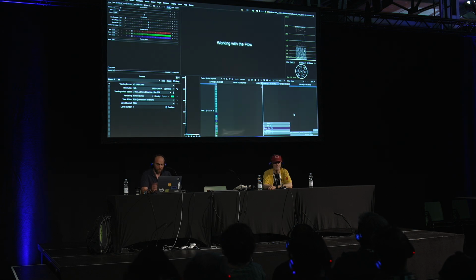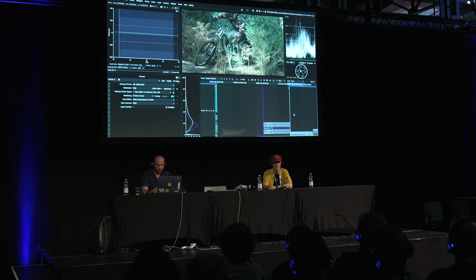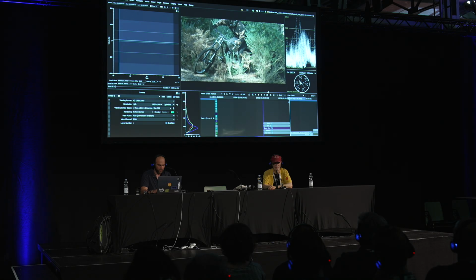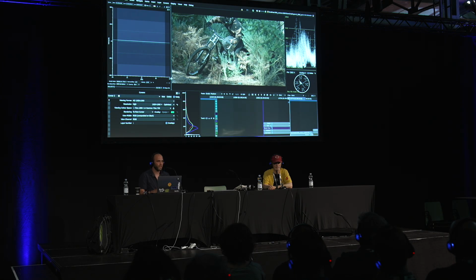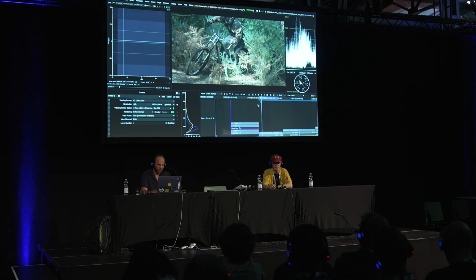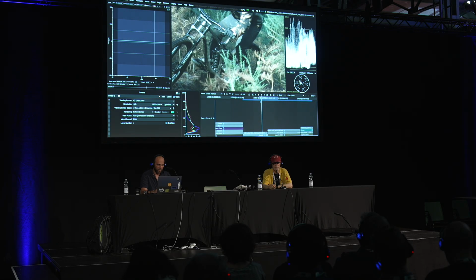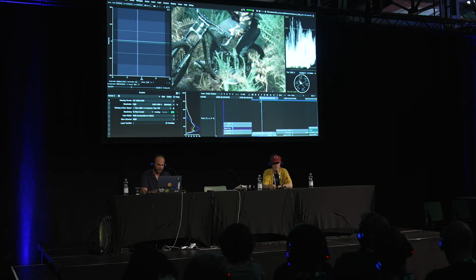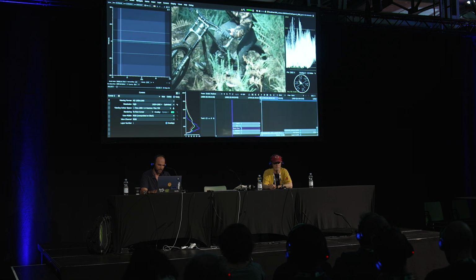Okay, a few other things to look at. One is optical flow enhancement. So this is another computer vision algorithm. Optical flow is trying to find where the same pixel is in the next frame. And with optical flow, you can drive, for example, retiming. So I have this shot here where I use an optical flow retimer, which uses a machine learning model, and the amount of foreground and background disambiguating